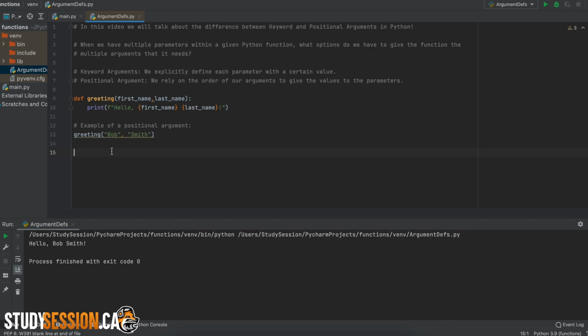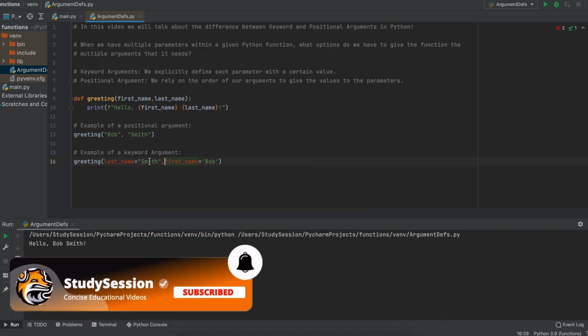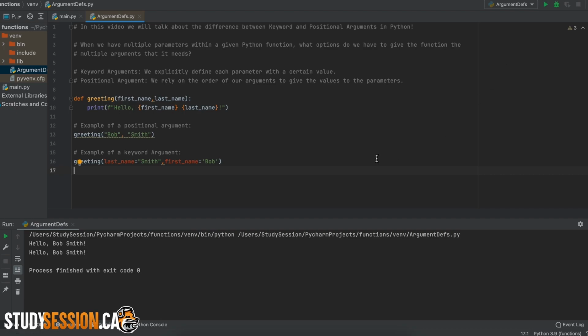The other option we have to enter our function arguments is by using keyword arguments. This method for assigning arguments to a parameter is similar to how we define variables normally in Python. The benefit to this method over positional arguments is that the order in which you state your keyword arguments does not matter. So, to prove this, let's call our function again and input the arguments like so, with our last name argument first and the first name argument last. And as you can see here when printing, we receive the same output twice. So, in summary, both positional and keyword arguments can be used when multiple arguments are necessary for a Python function.